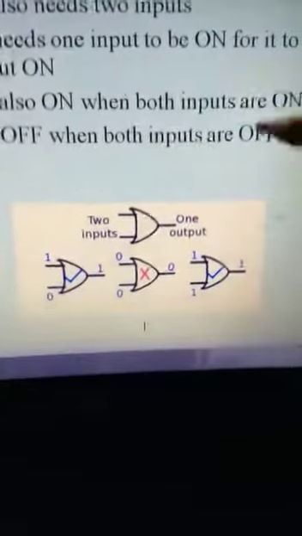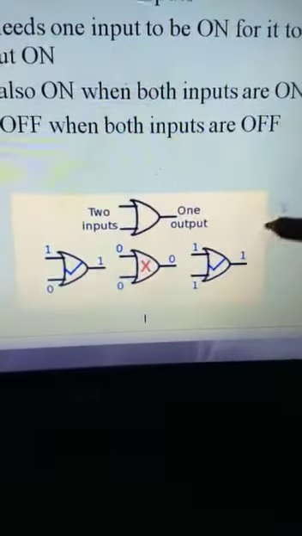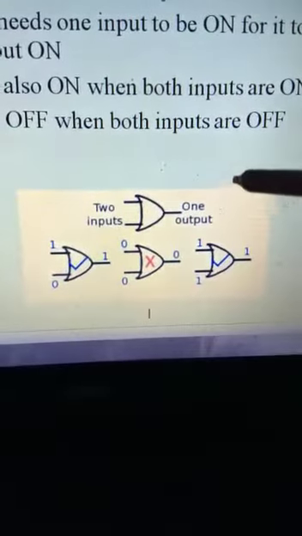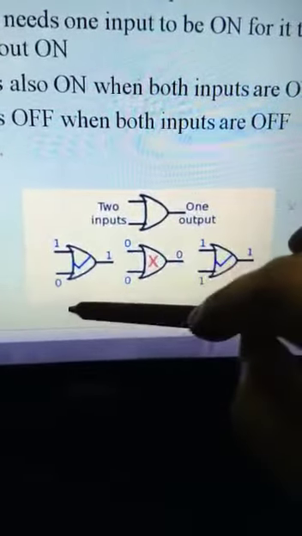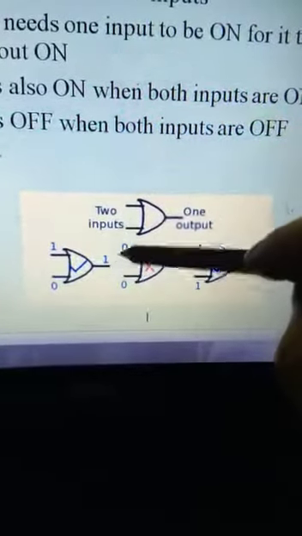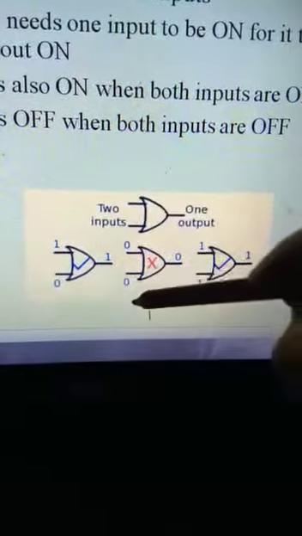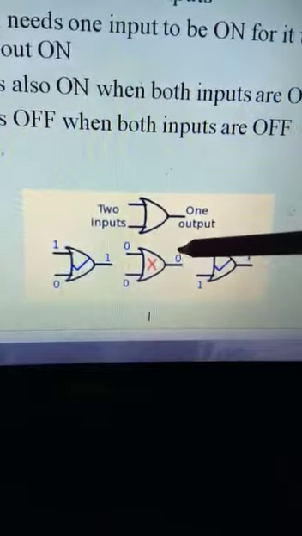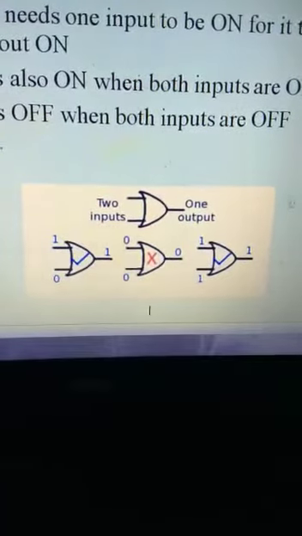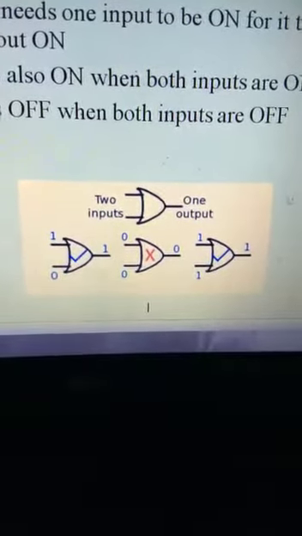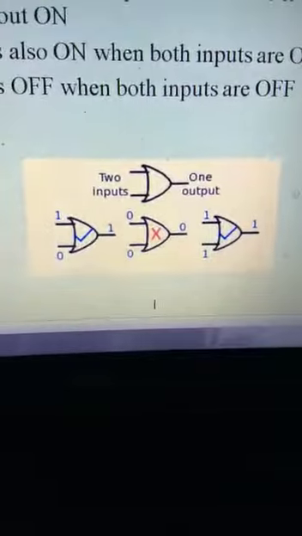So this is the logical symbol or block diagram of an OR gate. If you give 1 in the A value or the B value, then you will get the value as 1. If you give 0 in both places, then you will get 0. If you give 1 in both places, then 1. For any 1 input, you are getting the value as 1.